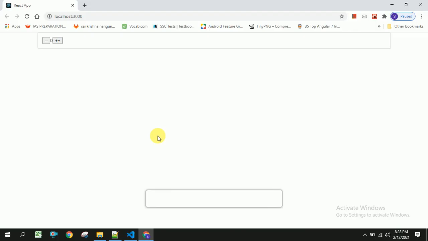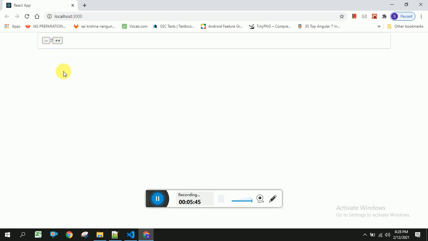Our code got compiled successfully, and you can see here, once we refresh the browser, you should be able to see two buttons, plus and minus, and the count. If user clicks on plus, it is incremented. So it is getting refreshed. It is incremented, and if user clicks on minus, it will be decremented. We can place conditions so that it will not go beyond 0, so it will be a positive number.